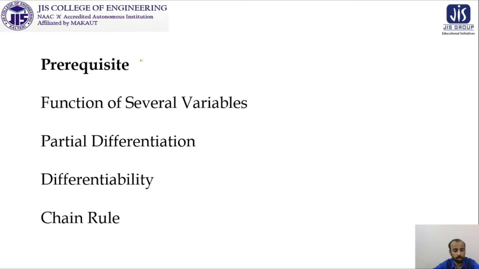Finally, I also want to mention that we need the idea of the chain rule for various functions. Various functions means a function of 2 variables, a function of 3 variables, and expressions of implicit functions, that means z is a function of x and y, where y is a function of x, or z is a function of x, y and w, where w is a function of x and y, in this manner. The branch-wise chain rule was discussed in the last 2 classes, and that will also be very important for this class.